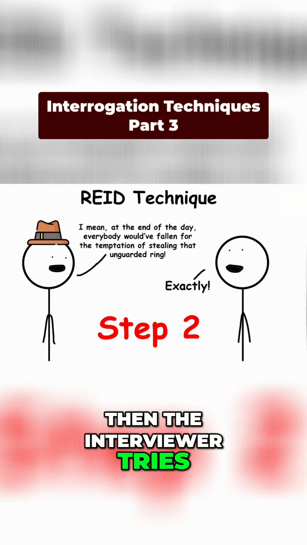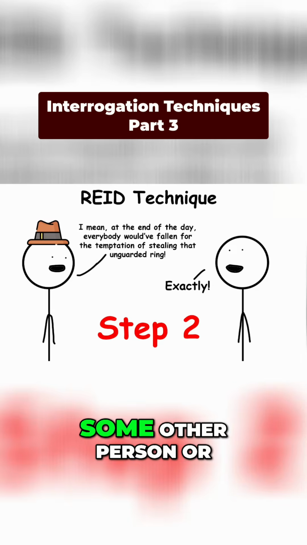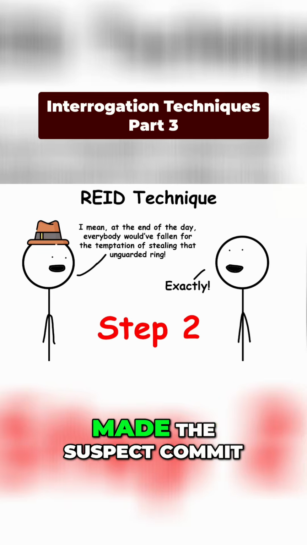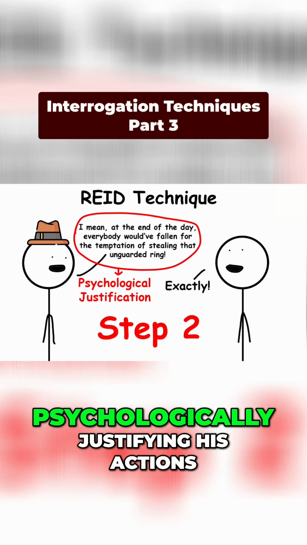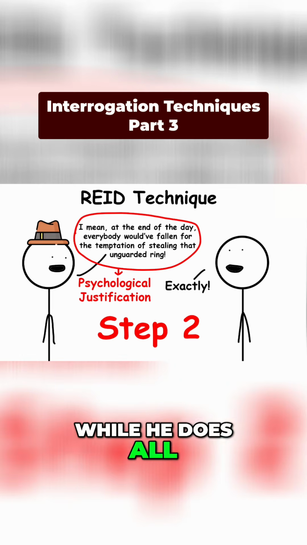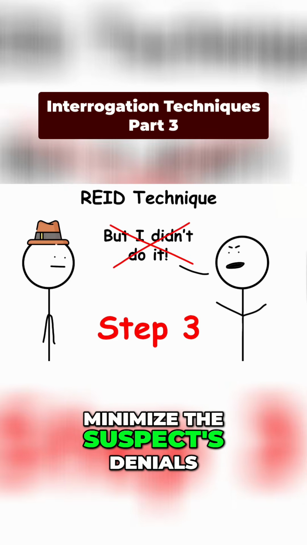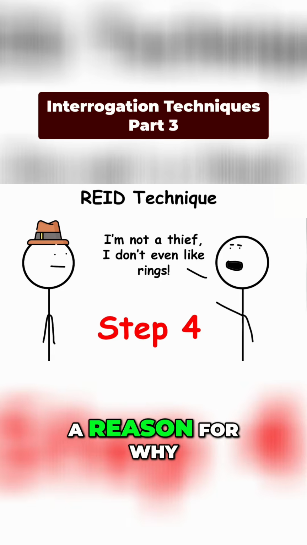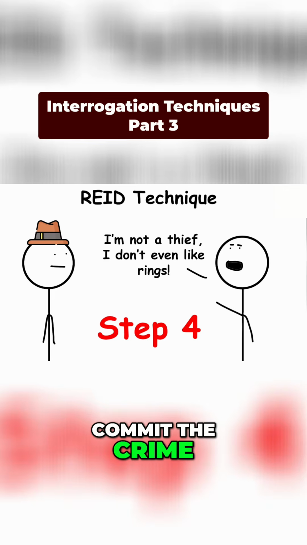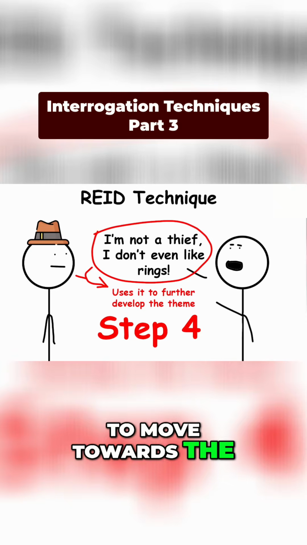Then, the interviewer tries to shift the blame from the suspect to some other person or set of circumstances that made the suspect commit the crime, psychologically justifying his actions. While he does all of this, the interviewer tries to minimize the suspect's denials until the suspect gives a reason for why he did or didn't commit the crime, which the interviewer uses to move towards the acknowledgement of what